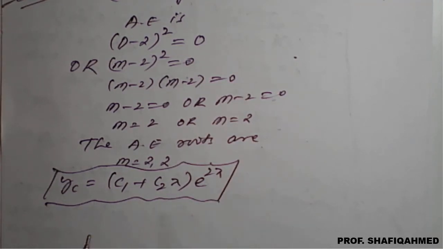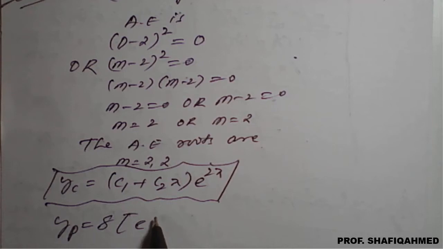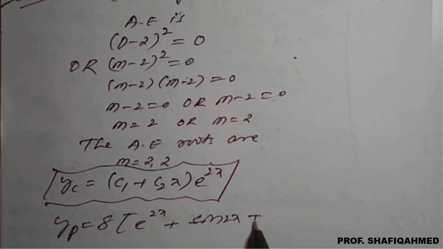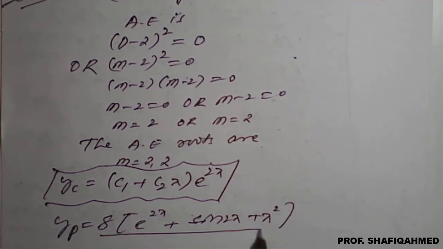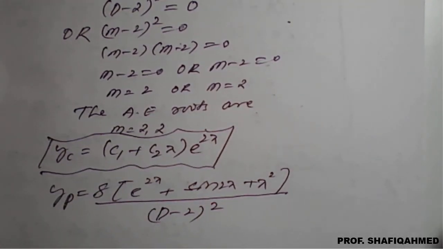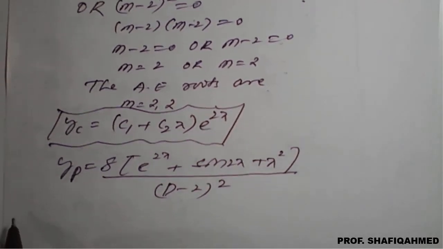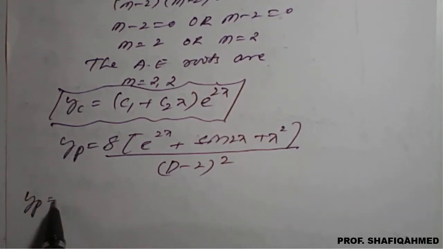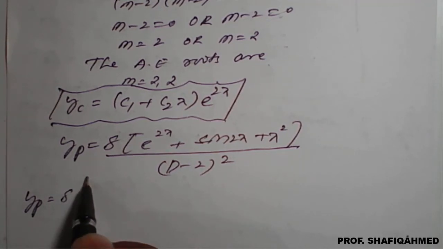Therefore here we need to go for the particular integral, that is yp is equal to 8 times (e raised to 2x plus sine of 2x plus x square) whole divided by f of D, where f of D is (D minus 2) whole square. So we'll separate it for each term. Therefore yp is equal to, this 8 I will keep completely outside,